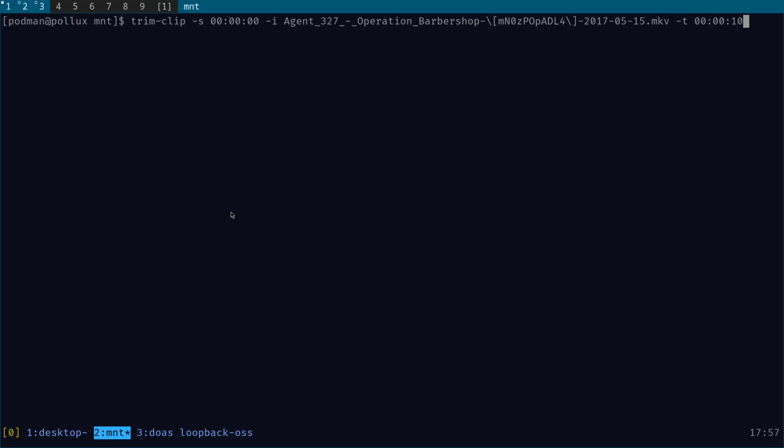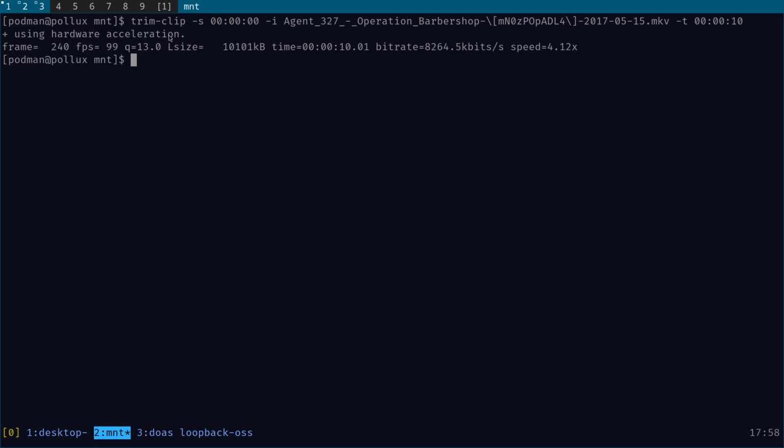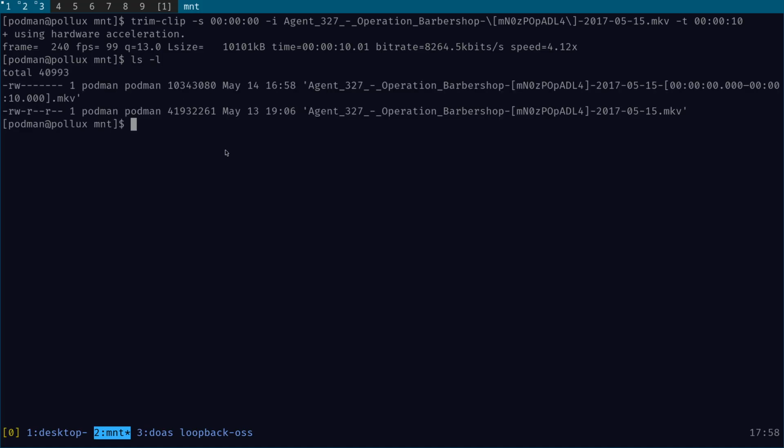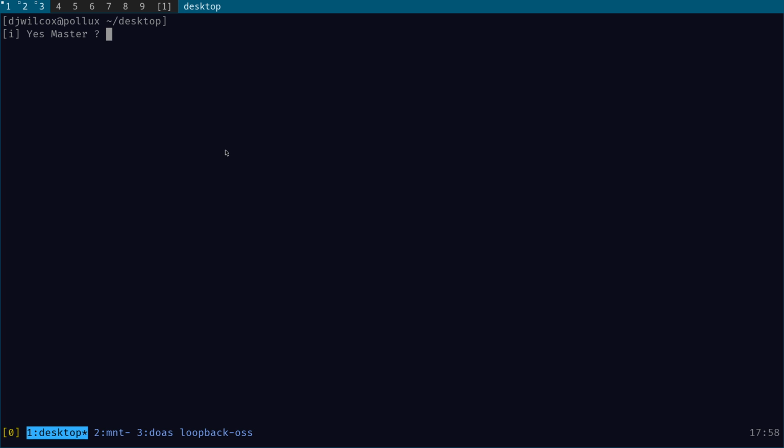What I'm going to do is switch across to the terminal, and I'm inside the Podman container. I have mounted a directory from the FreeBSD host into the container, which contains a video file. And I'm now going to press return here. And you see it's using hardware acceleration, okay, and it has now created a clip. If I switch back to the FreeBSD side,